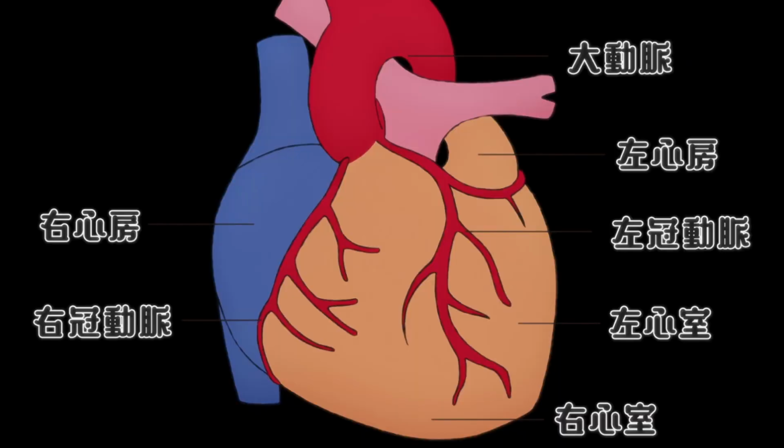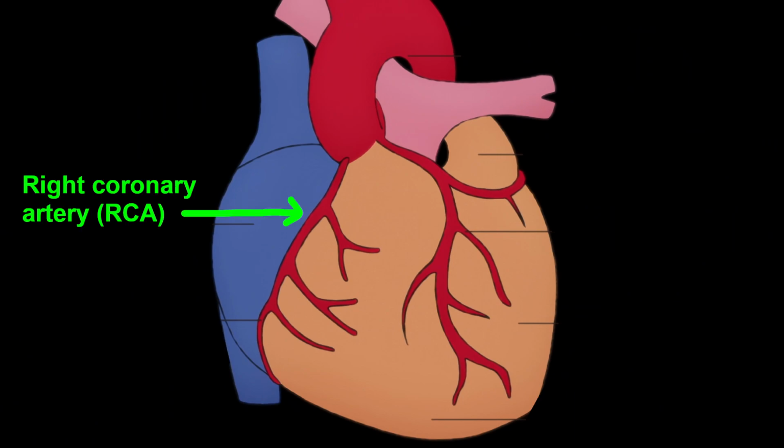I'm laughing only because this is actually a pretty decent map of your coronary arteries. So you have coronary arteries that supply both the right side and the left side of the heart. So on the right side, you have your lone right coronary artery, or what we call the RCA. So this goes down the right side of your heart and will wrap around to the back. Now on the left side, you actually have what we call a left main artery, and that further divides into